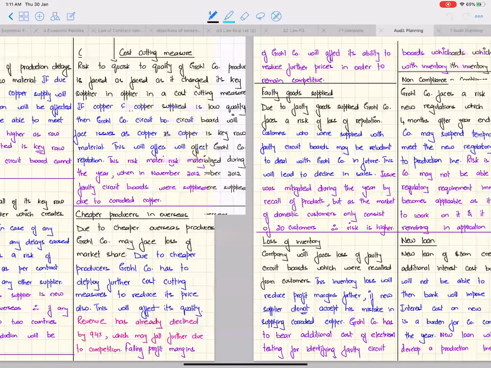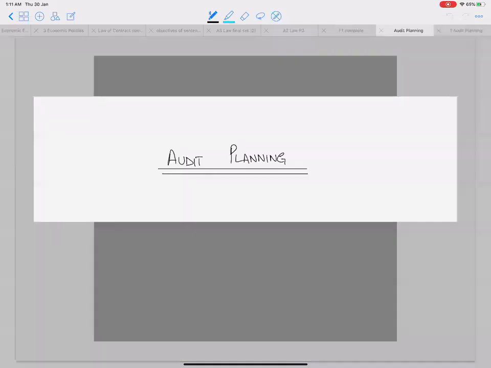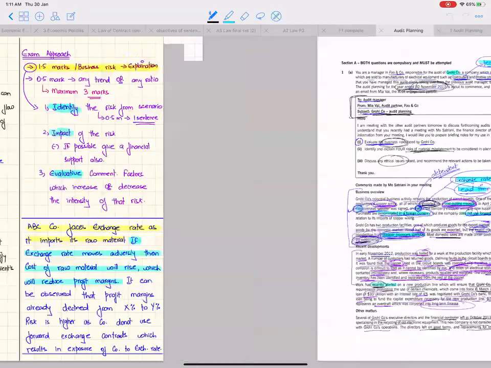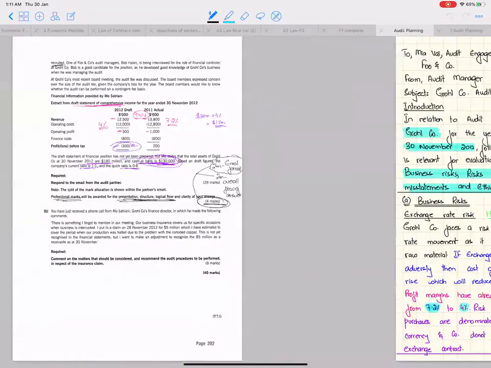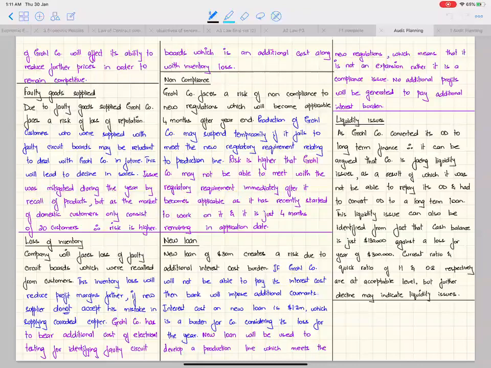Now, if I sum up my first class, we started the first chapter today of audit planning in which we were discussing business risk. We have tried to learn the approach of how we have to write the risk. Now, what I expect from you is that you should read the examiner answer of this question. You can simply search on Google, or you can refer to your booklets for the answer of Grohl Company and read the examiner answer and marking scheme and try to learn some additional points also.